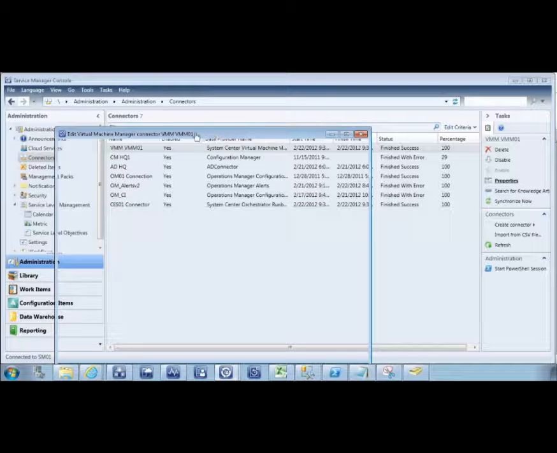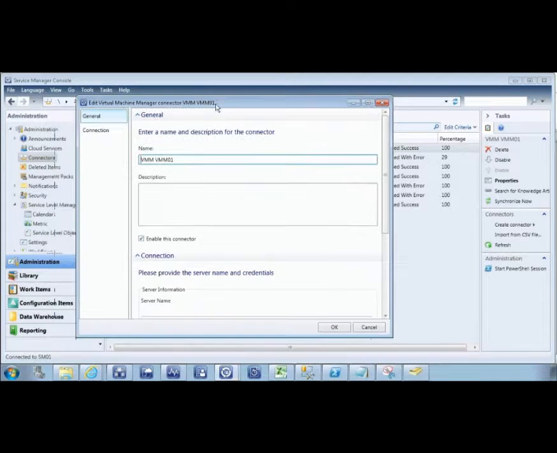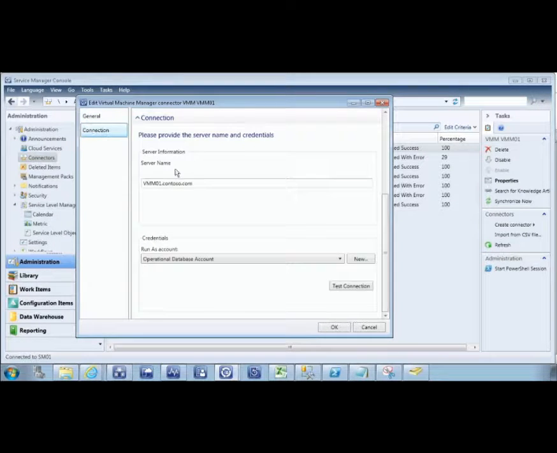So up comes the Virtual Machine Manager connector window, and very simply, what's its name, and what's the Virtual Machine Manager server that we're connecting to? Who do I connect as? And hit OK. What this then does is connects over to Virtual Machine Manager and pulls across our service templates,